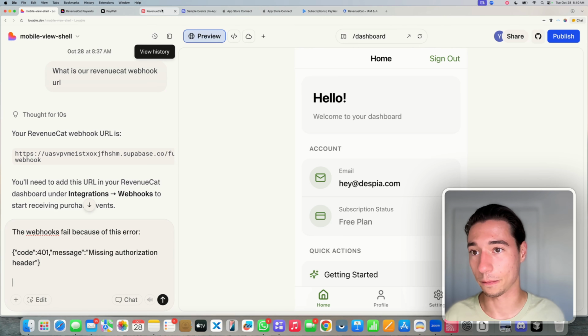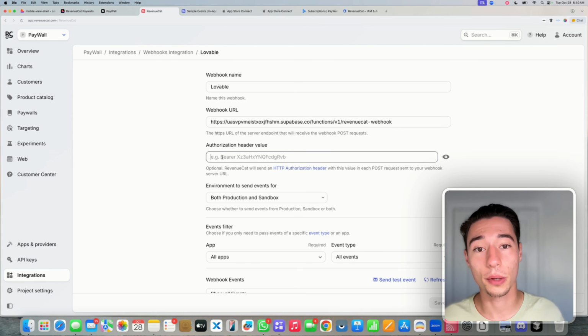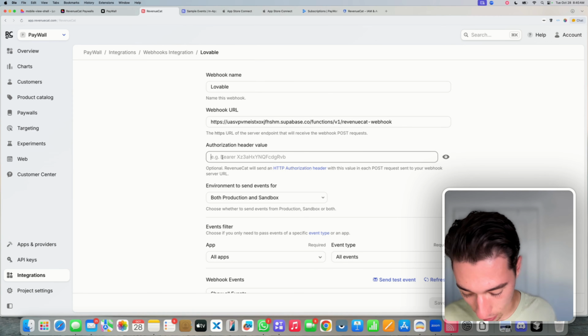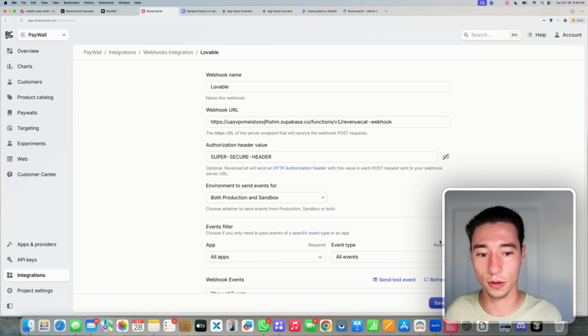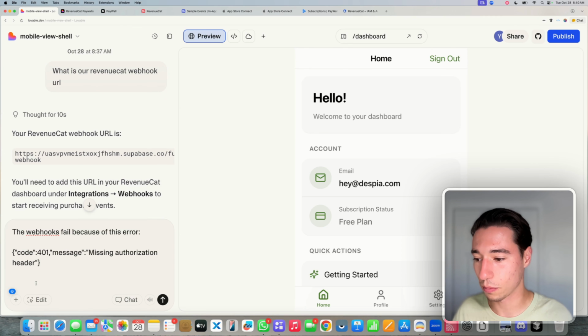Now here's the thing. We can set a custom header for authorization, so it's secure. Now, please make it a secure password. In this example, I'm just going to do super secure header. This is literally my header. Super secure header. Let's save this. This is my header password. It's set. So now I'm going to tell Lovable,